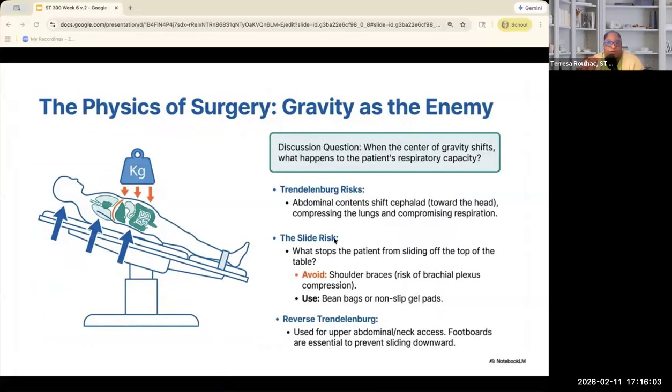Gravity affects circulation, respiration, and patient stability during surgery. When a patient's position changes, their physiology also changes with it. Okay. Now,